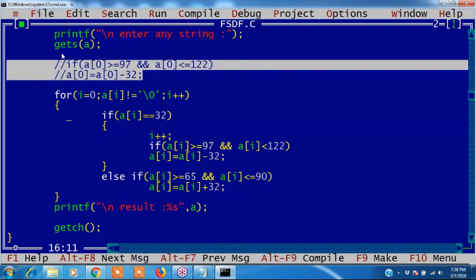We can add another condition: a of I equals 32 or I equals 0, first character. Can I write like this? I double equal to 0. If I equals to 0, first letter, but I plus plus, it will move to the next character, right?